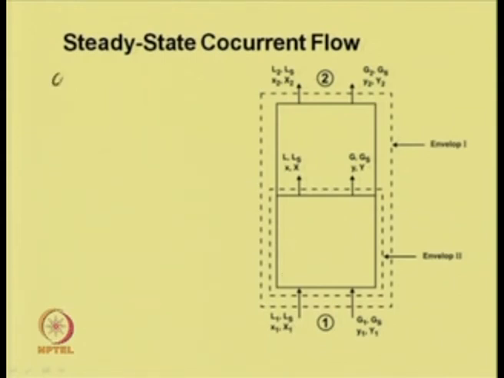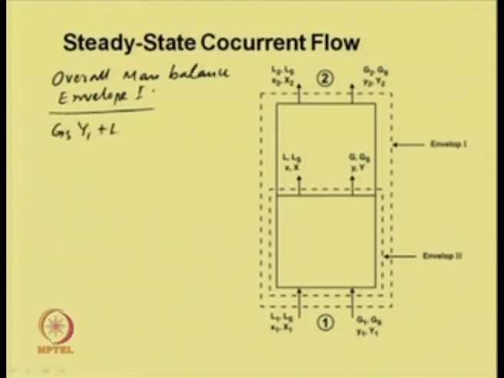The overall mass balance for component A over the envelope 1, we can write G s Y 1 plus L s x 1 is equal to G s Y 2 plus L s x 2,